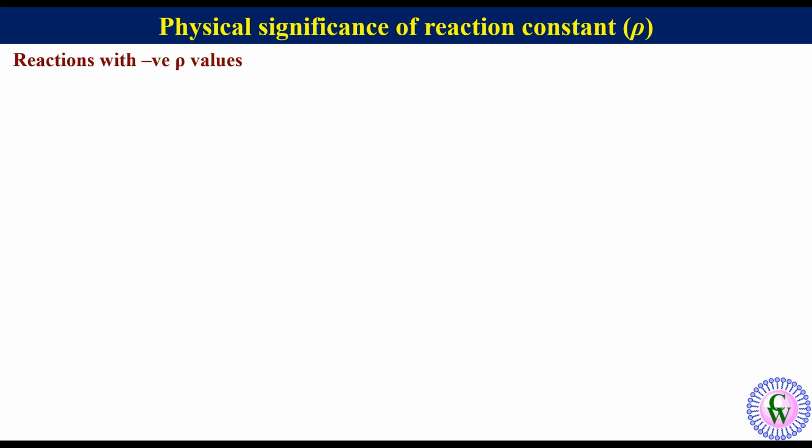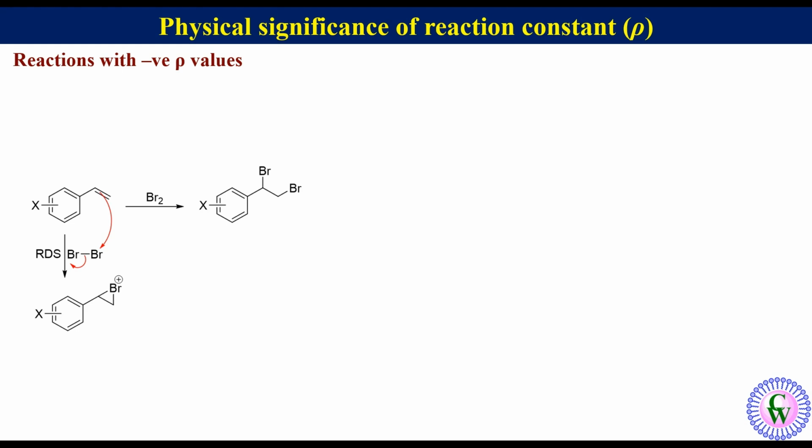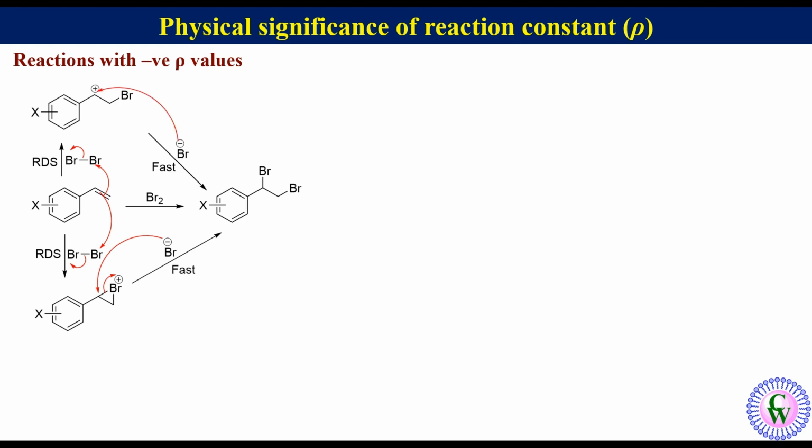Next example is electrophilic addition of bromine to styrene. There are two possible mechanisms. First mechanism involves attack of alkenic pi bond on bromine to produce cyclic bromonium ion in the rate determining step, and then attack of bromide ion on bromonium ion to produce product. Second mechanism involves attack of alkenic pi bond on bromine to produce benzylic carbocation in the rate determining step, then attack of bromide ion on